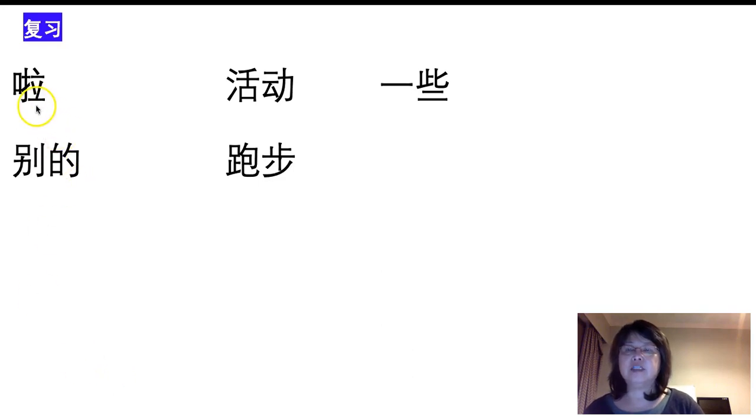复习，这是什么？啦 final particle. 这是什么？这是活动，活动的意思是 activity，对。这是什么？这是一些，一些的意思是 some。这是什么？这是别的，别的的意思是 other。这是什么呢？这是跑步，跑步的意思是 run or jog。